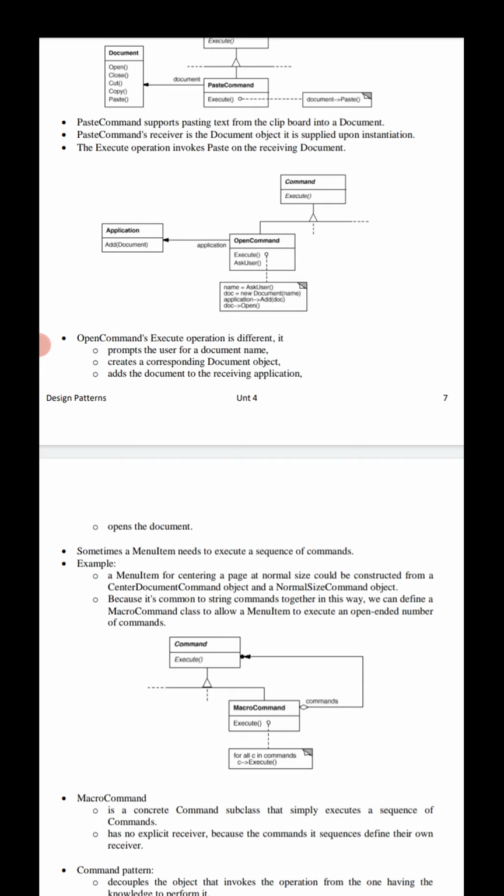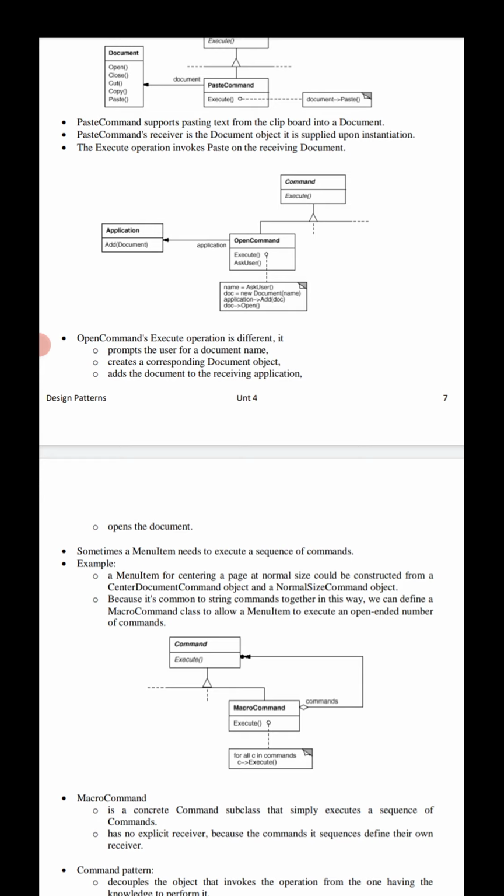It could be constructed from a center document command object and a normal size command object, because it's common to string commands together. In this way, we can define a macro command class.